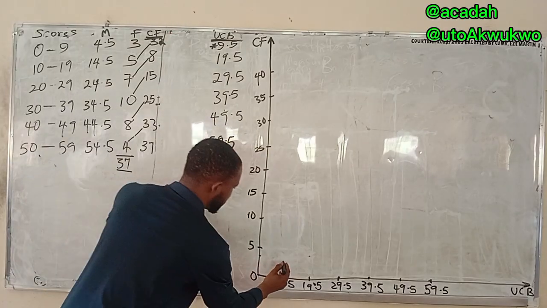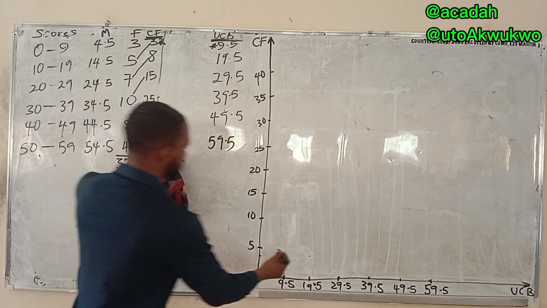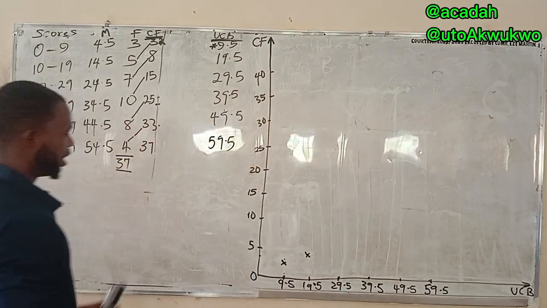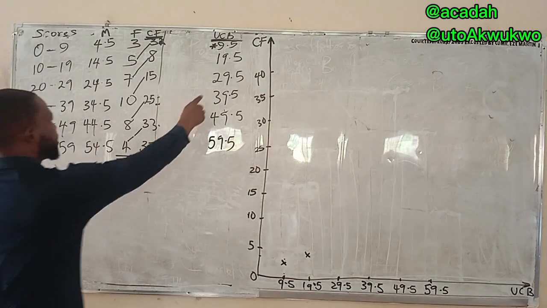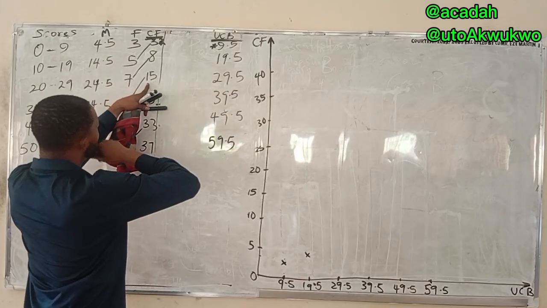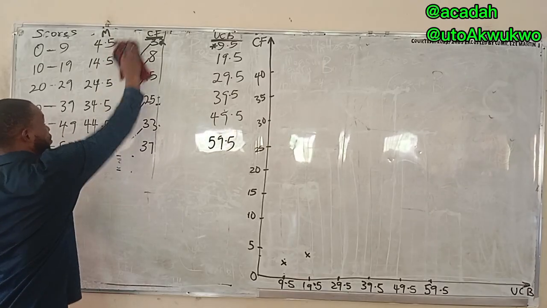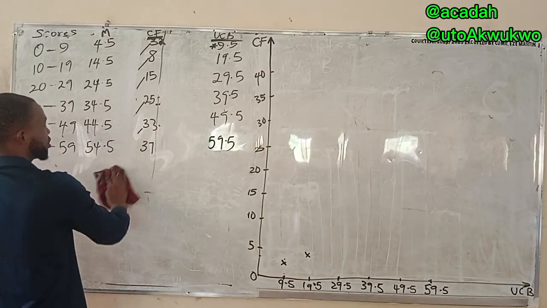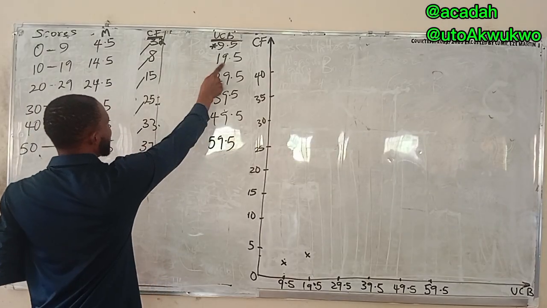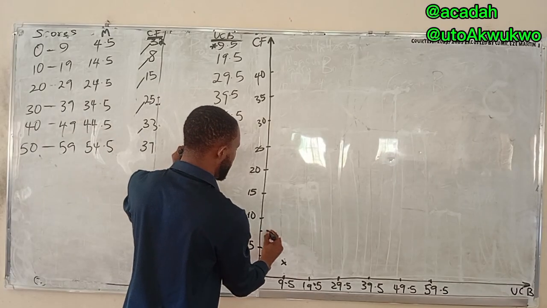So this is 3. Okay. Then 19.5 we can correct. Now the next one, 29.5, 15. So you see something, I keep going here, which is wrong. It's just between these two. So please let's go back again. 9.5 is 3. 19.5 is supposed to be 8. So let's say my 8 is somewhere here.